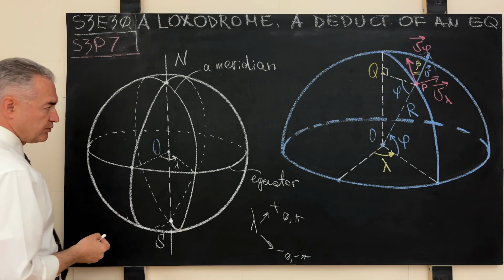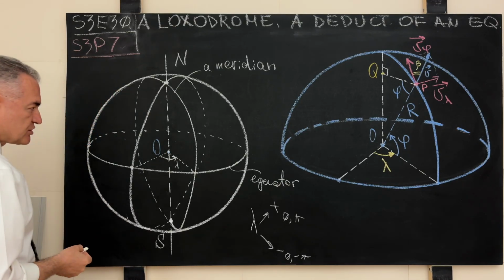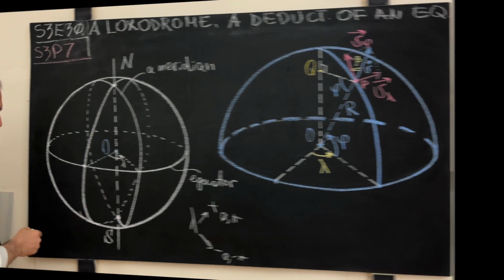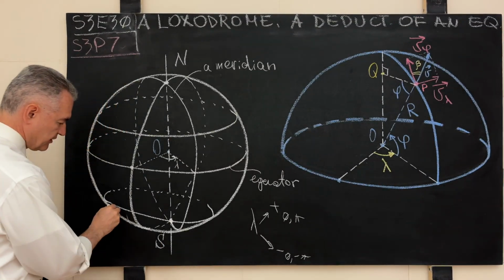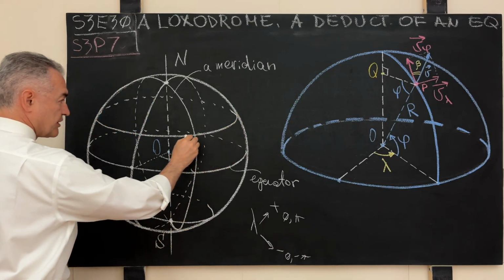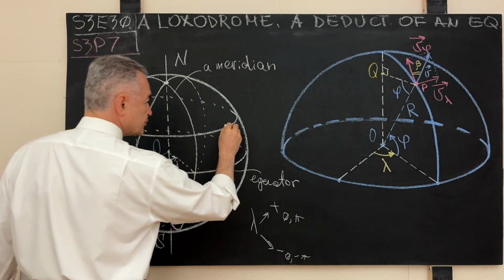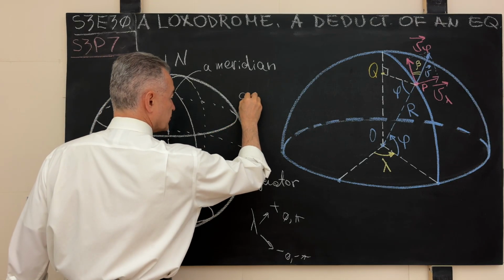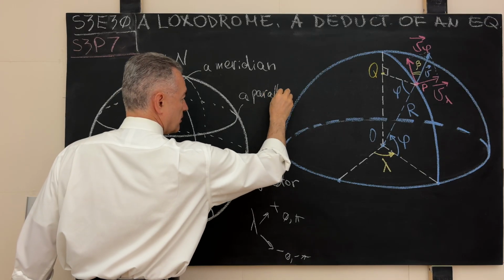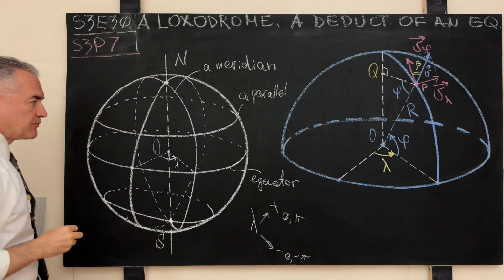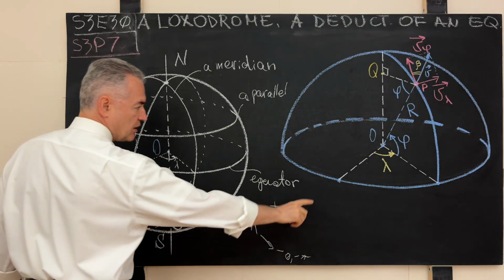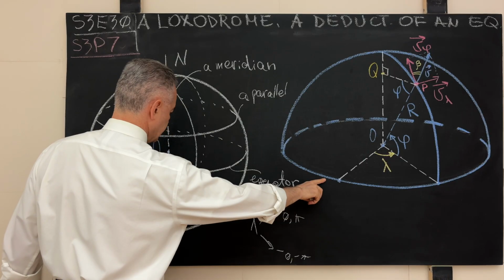So let me, for example, depict one of such circles in the northern hemisphere and in the southern hemisphere. There we go. Let's pretend that this is one such circle and then the other such circle. Now these circles are called parallels. So one circle will be a parallel, and that is how another coordinate in the Earth-fixed, Earth-centered coordinate system is introduced